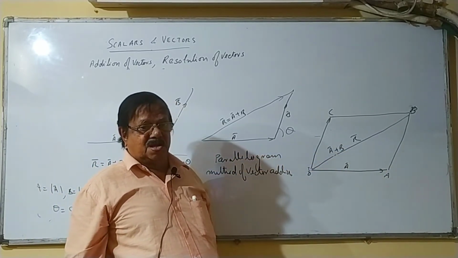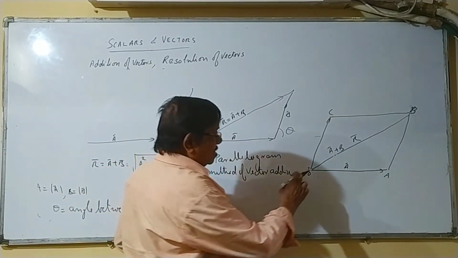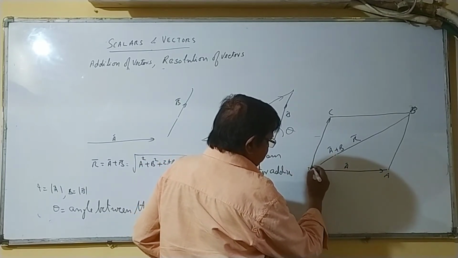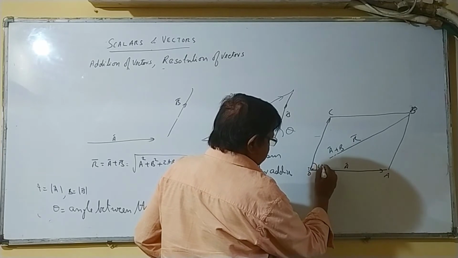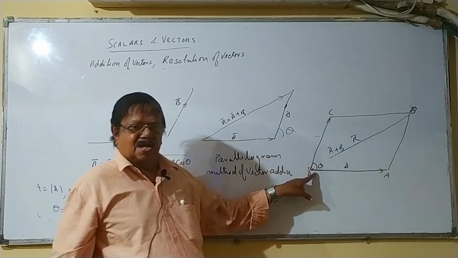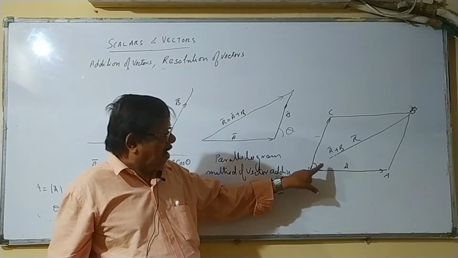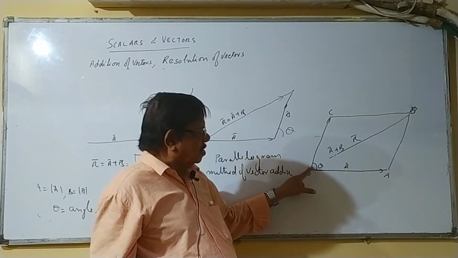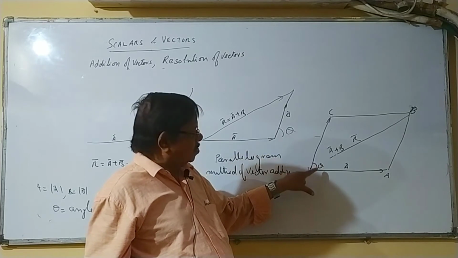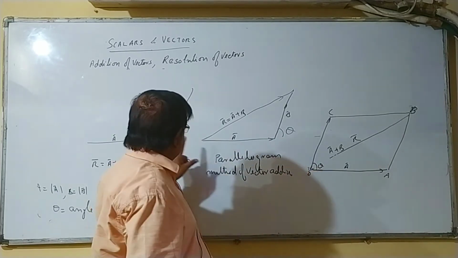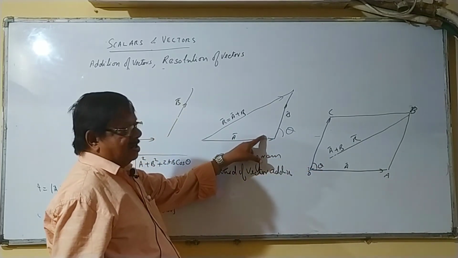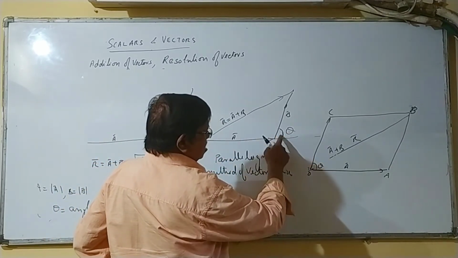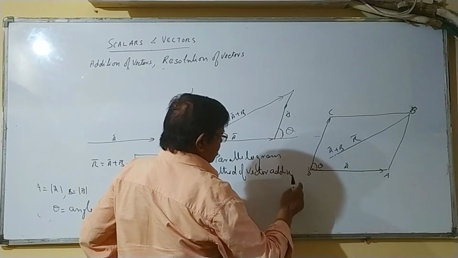Here one advantage is that you will directly draw the tails of the vectors together. Tail and tail. That is the angle theta. This is the tail of vector A. This is the tail of vector B. So if you place tail with tail, you directly get the angle theta. Here, if I want to get the angle, extend here and get the angle theta. It can be like this, or it can be like this.